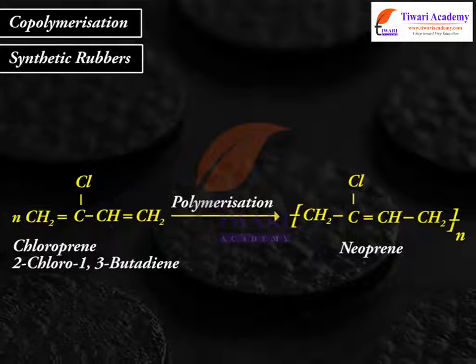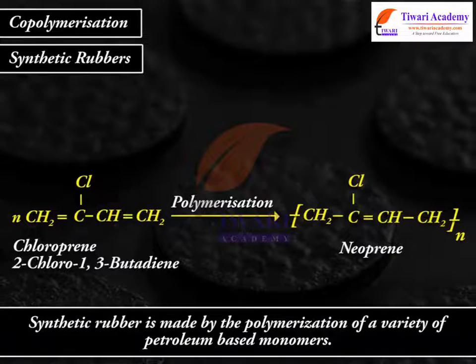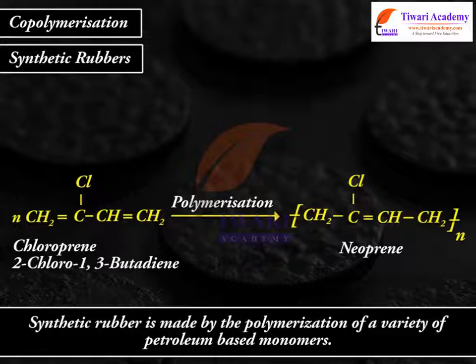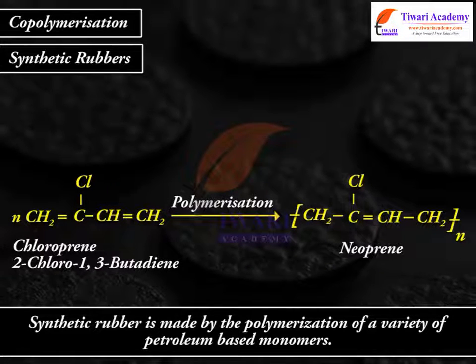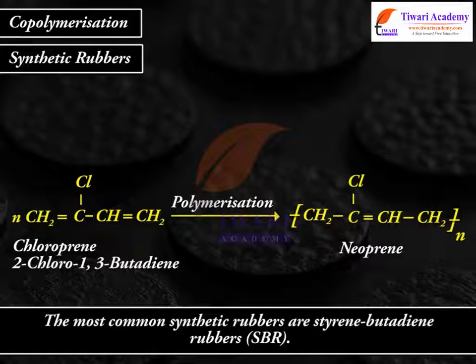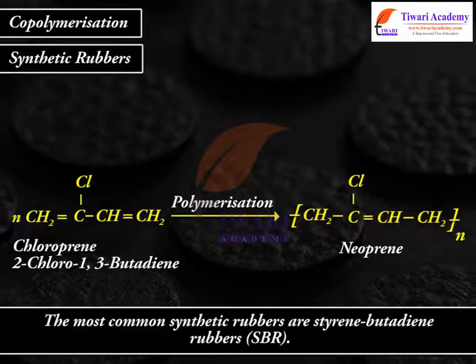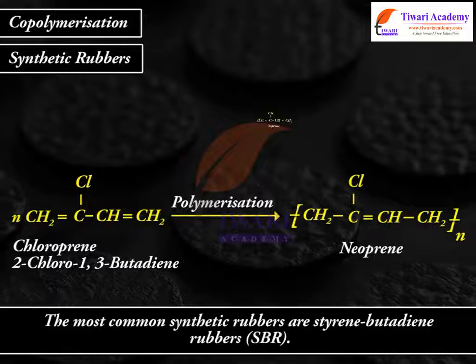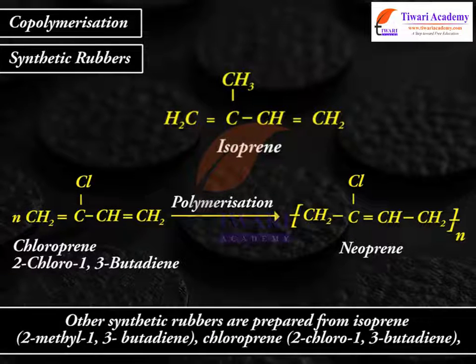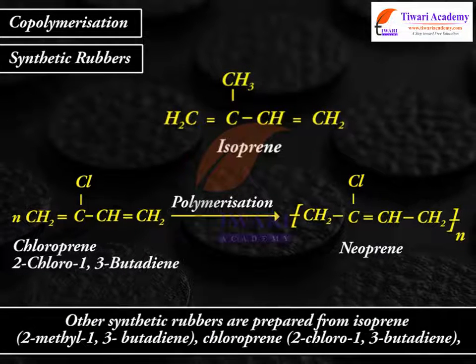Synthetic rubbers. Synthetic rubber is made by the polymerization of a variety of petroleum-based monomers. The most common synthetic rubbers are styrene butadiene rubbers, SBR. Other synthetic rubbers are prepared from isoprene,